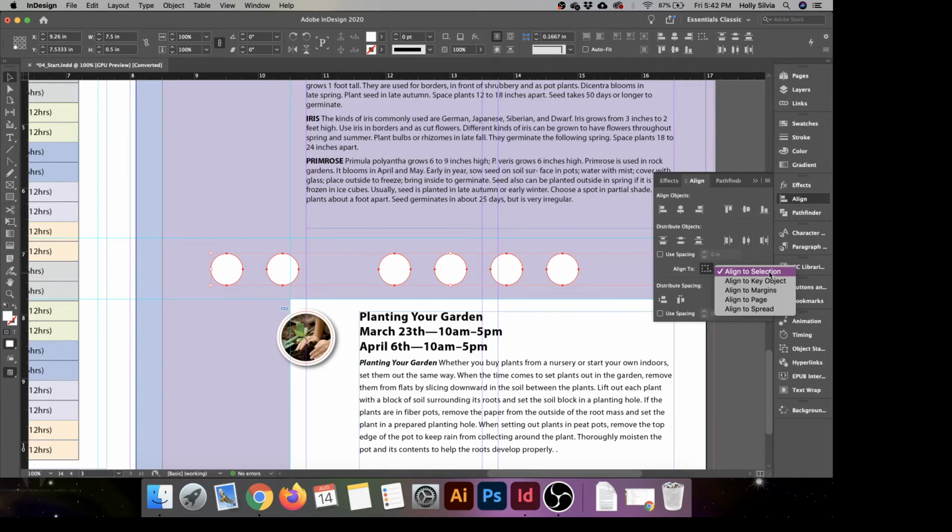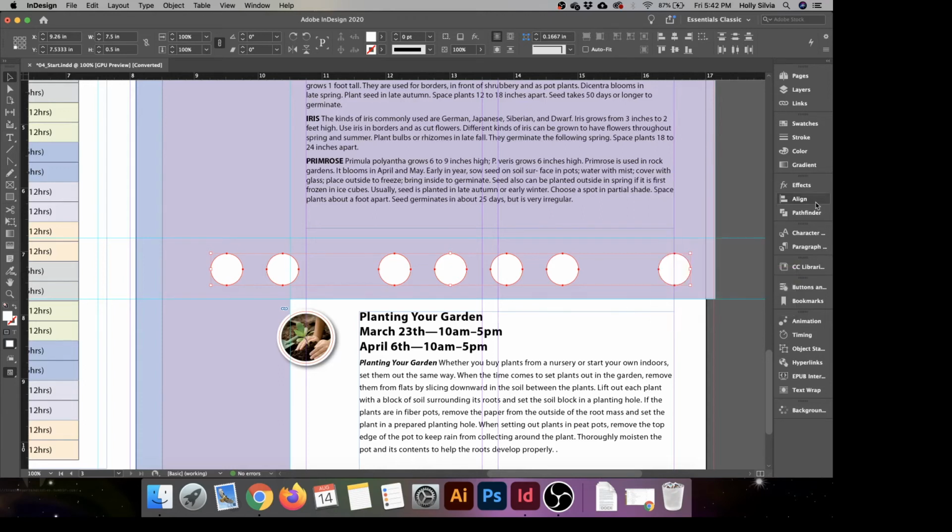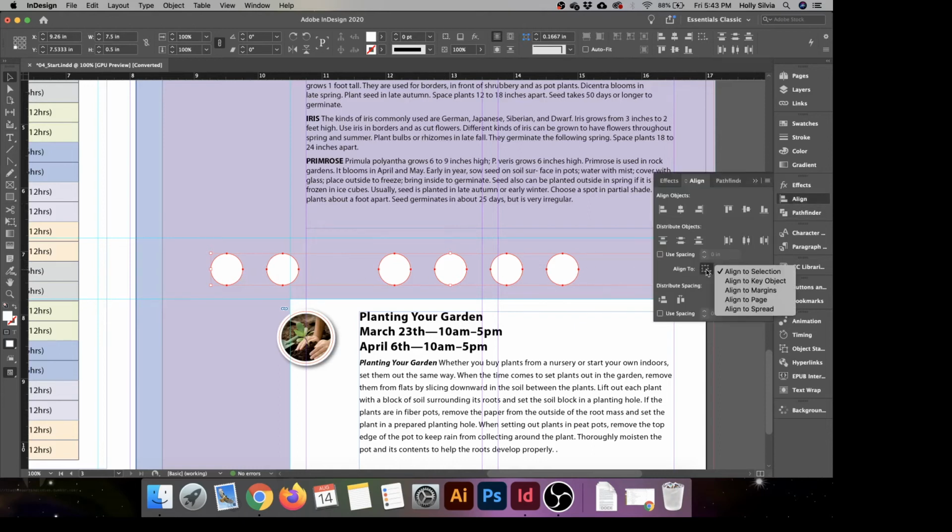What it's going to do is look at what we have already, and it's going to look at these 2 on the end here, and it's going to go, okay, those are our endpoints, and we'll space everything out in between it. So there are a bunch of different options in here. They come in handy for different situations. Just hit Align to Selection,